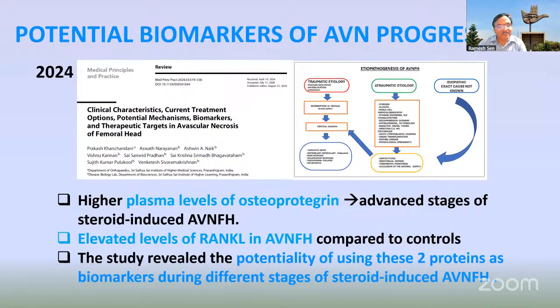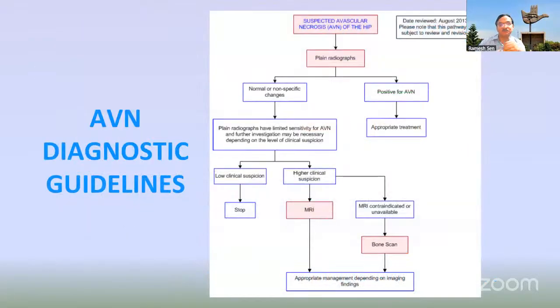They did another study in which they found a biomarker for osteoporosis that can be seen to change along with the management, and could be a good marker, especially in post-steroid cases in these patients. So once we have got this, we now understand that if there is a suspicion of AVN,